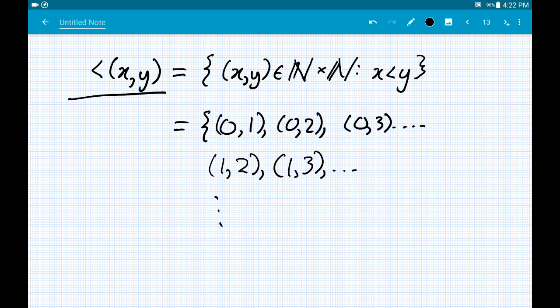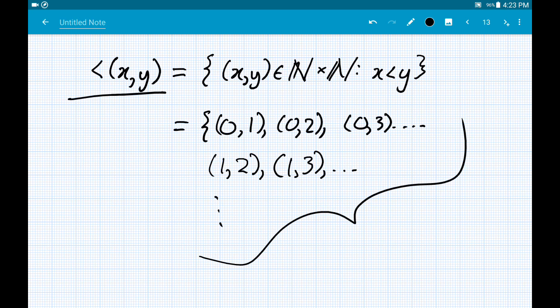Now, this will be the set of all ordered pairs such that the left coordinate is less than the right. I'll take, for my example, the natural numbers, which we don't know exists. Of course, even to this point in the development, we still have not learned that anything actually exists, but we will eventually, and so supposing that we have defined the natural numbers, the less than relation on those natural numbers is exactly equal to this